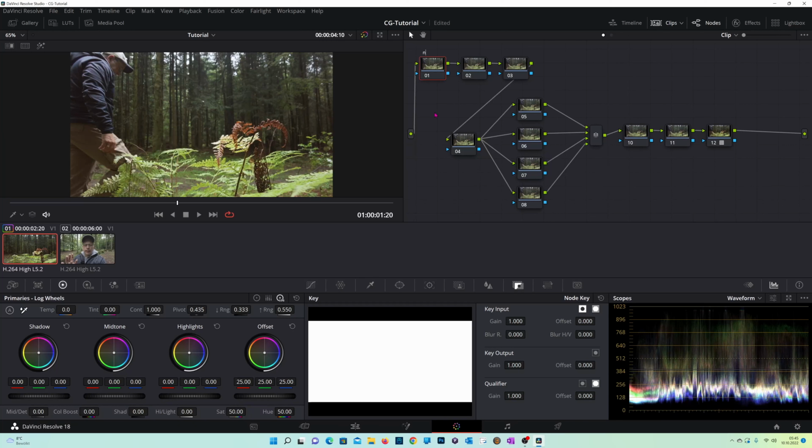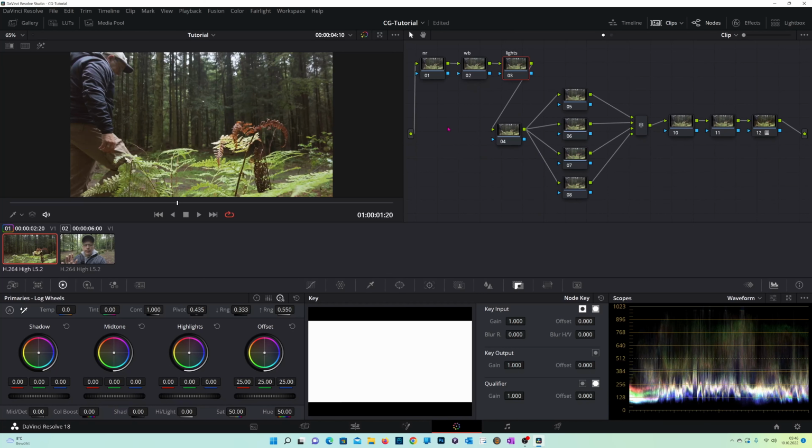The first one, I call it NR for noise reduction. Second one will be white balance. Third one, lights. Let's start with the basic light adjustment. The light adjustment, you can see it's way too much light in that image. It comes up to